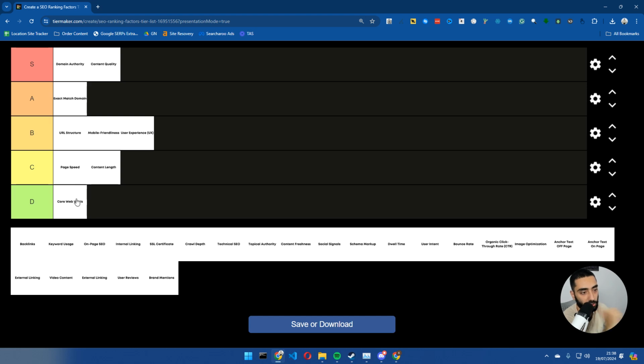The one caveat to all of this is, if there is something seriously wrong, then obviously Core Web Vitals would probably be up here. Same with page speed. But again, I'm going to assume that everybody has a good understanding of SEO and their website isn't completely messed up. We then have crawl depth. I would probably again say it depends on the size of your website. If you have got a location website, like a local business site, and it is, let's say, 80 pages, it's probably something that you don't want to worry about too much.